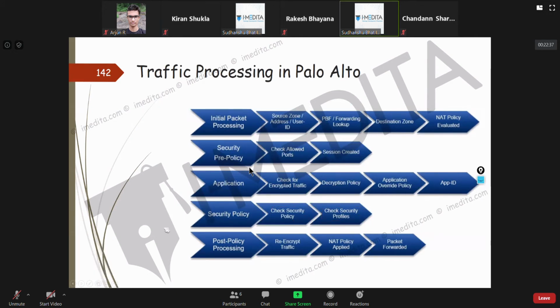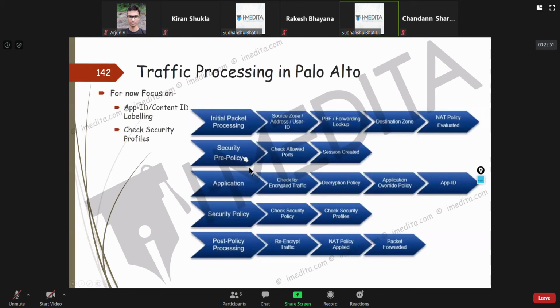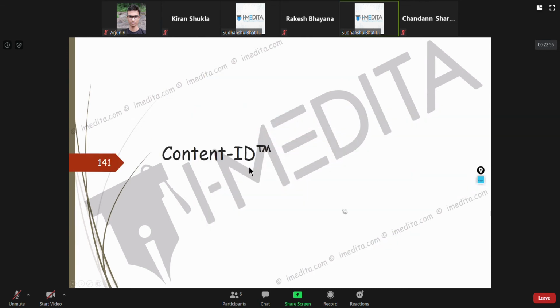When we say content ID, people sometimes think it must be just like security policy. Not exactly like that. Content ID has different security profiles. Like there is a security profile for antivirus. There is a security profile for file blocking.